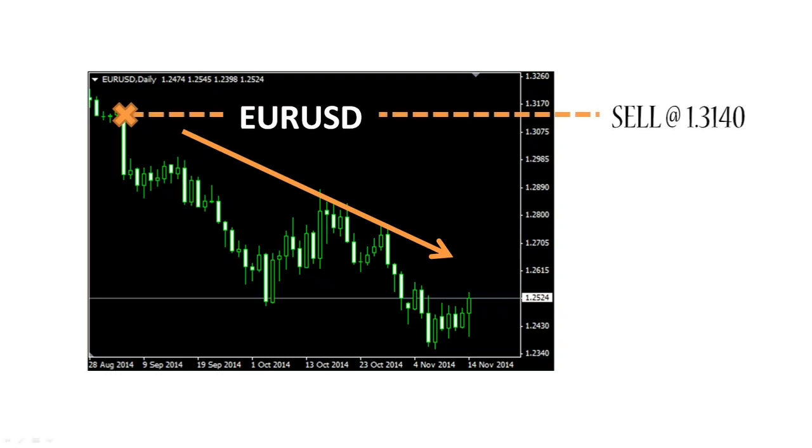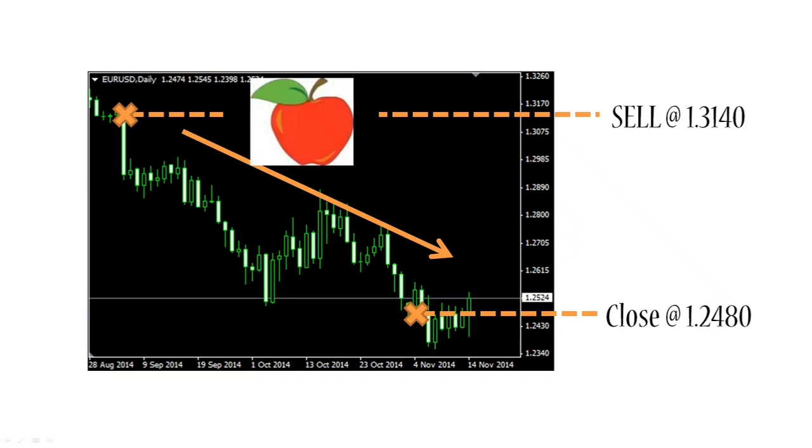He would sell at about 1.3140, and as we recall, that means that every 1 euro is worth 1.3140 US dollars, and then he would close the transaction at about 1.2480, meaning that at that point in time, every euro is worth only 1.2480 US dollars. So as we did previously, let's simplify this example by talking about apples,